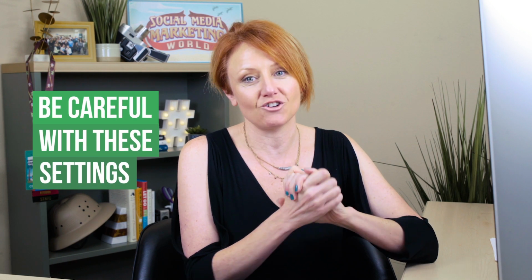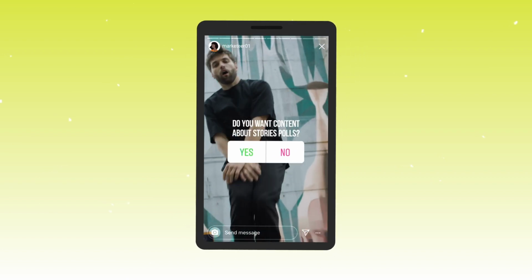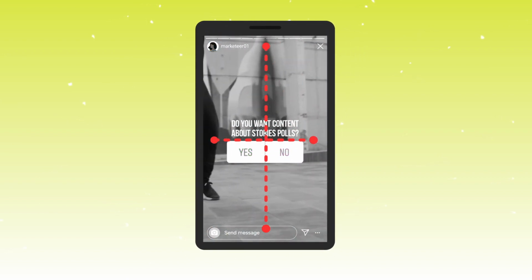I would love to live in a world where I could just click on the picture and say that's where I want the poll to be. It doesn't work that way. And it starts to get weird if you mess with these settings too much because it'll just refuse to render and say that you're outside of the showable area. Usually what I recommend is keep it simple for yourself when you're starting. You're probably going to want to assume that your position is going to be somewhere 50% in the horizontal, 50 to 60% in the vertical. The other thing to be aware of is you can rotate the sticker too.